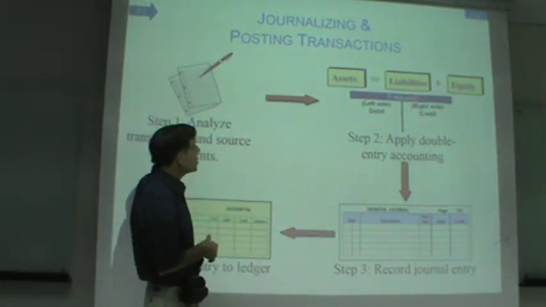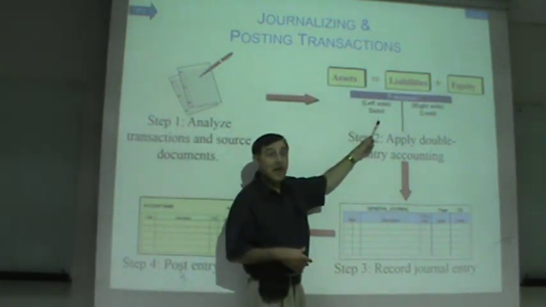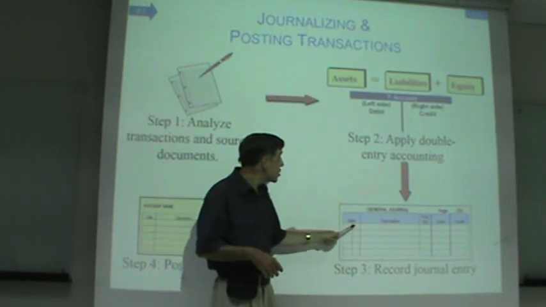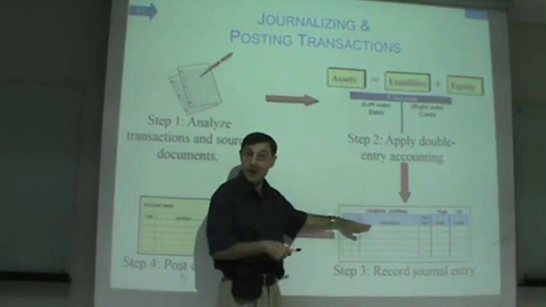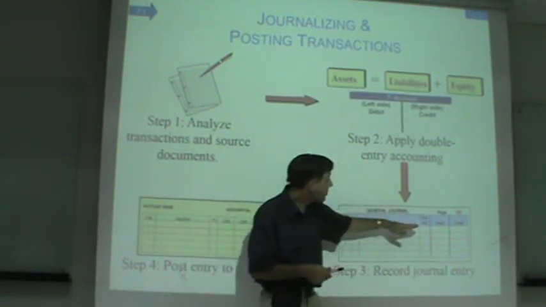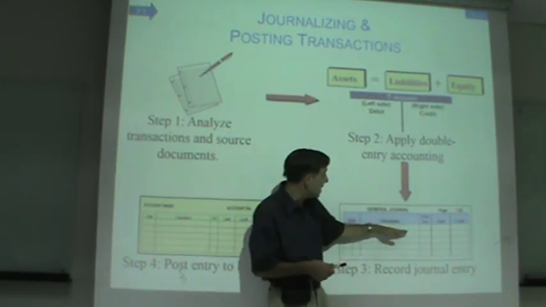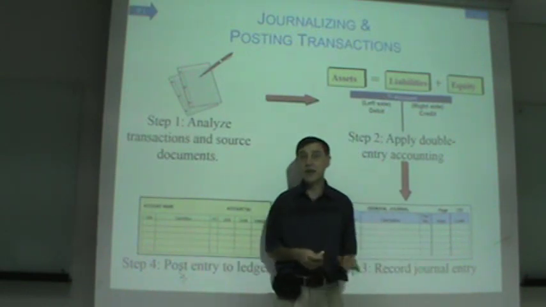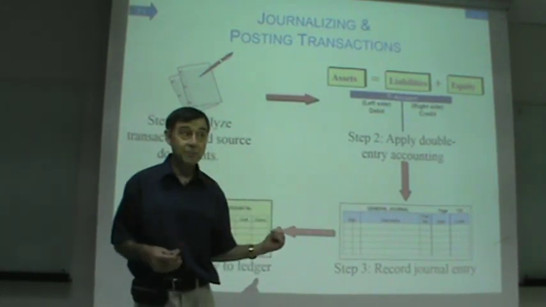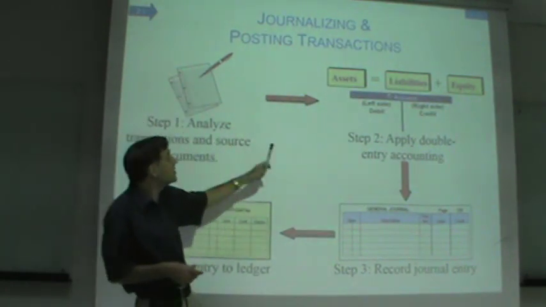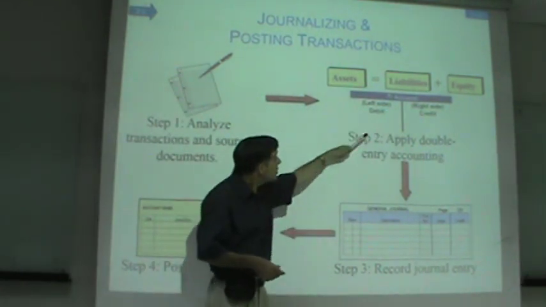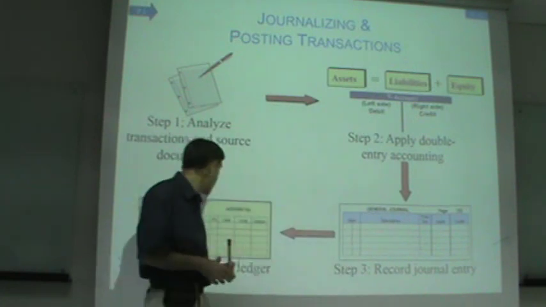So you take the document, you analyze. When you analyze, you put the debit and you put the credit. You put the one account, whichever the debit is, and you put the other account, the credit, okay? With numbers and examples in a minute. So now you see the source document, you see the T account, you see how from the T account you get the